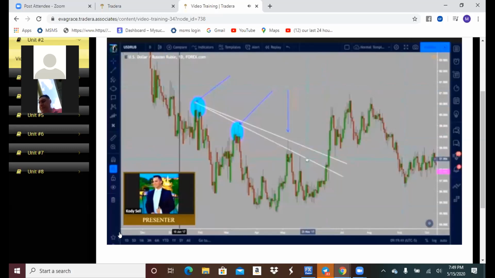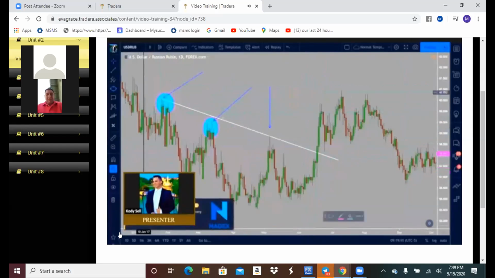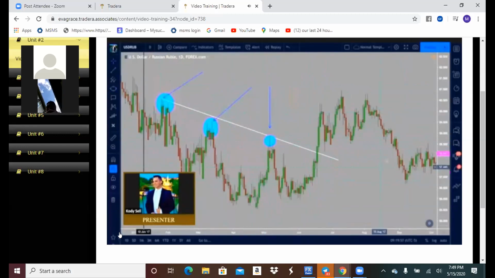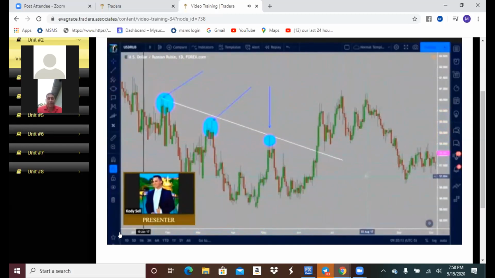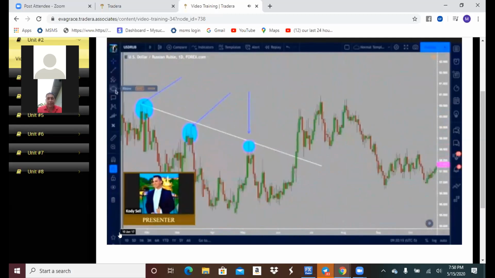So in this case, for simplicity's sake, I'm going to delete the original trend line. Once you see that this has happened over here and that price has busted through the original trend line, keep in mind our trend line was here. Once you see this and price falls back down, you adjust the trend line to here, and that is now your trend line. So then over here, when we had price, and price busted through with a strong candlestick, came back to retest, that resistance has turned to